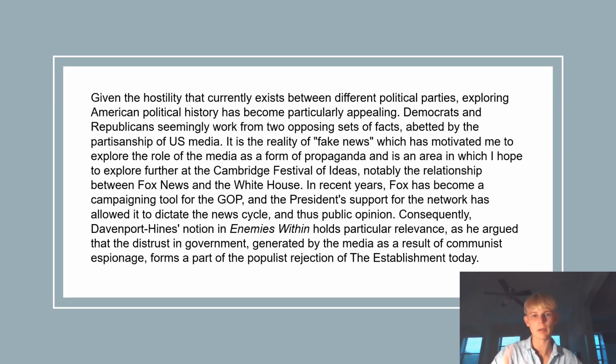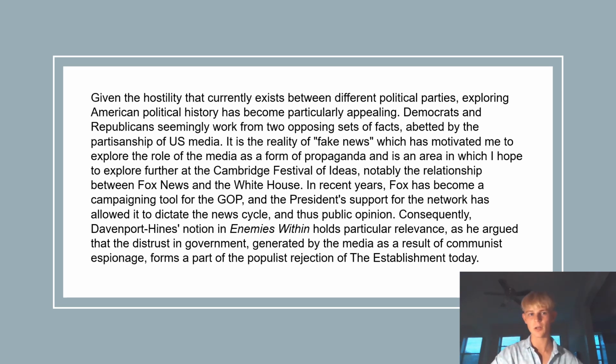Now I want to talk about this paragraph, mainly because it's actually a rather poor example, I think, of the tripartite structure, and I guess my first self-critique. You'll see if you read this that I identify the interest fairly well. We're obviously talking about American political history and American politics, populism, that sort of thing. If you then go further down, I've got that application of interest. So I'm talking about the Republican Party, mainstream media, and just giving my own thoughts on that.